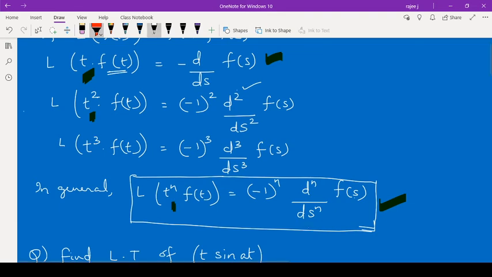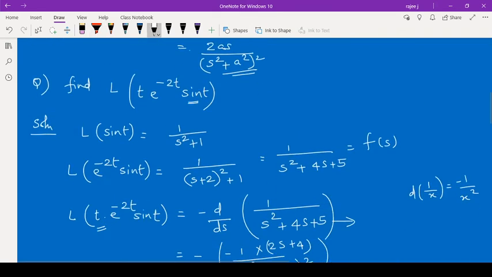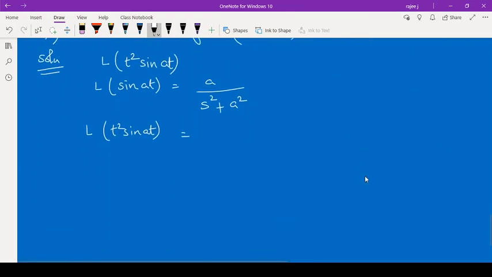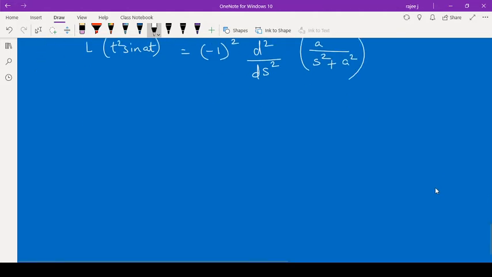Okay, so here we will have to find out, means it is t square is given. In the question it is t square. So what we have to do here is, it is minus 1 raised to 2, d square upon ds square of this f of s. This is our f of s. So it is a upon s square plus a square. Okay, so that is equal to